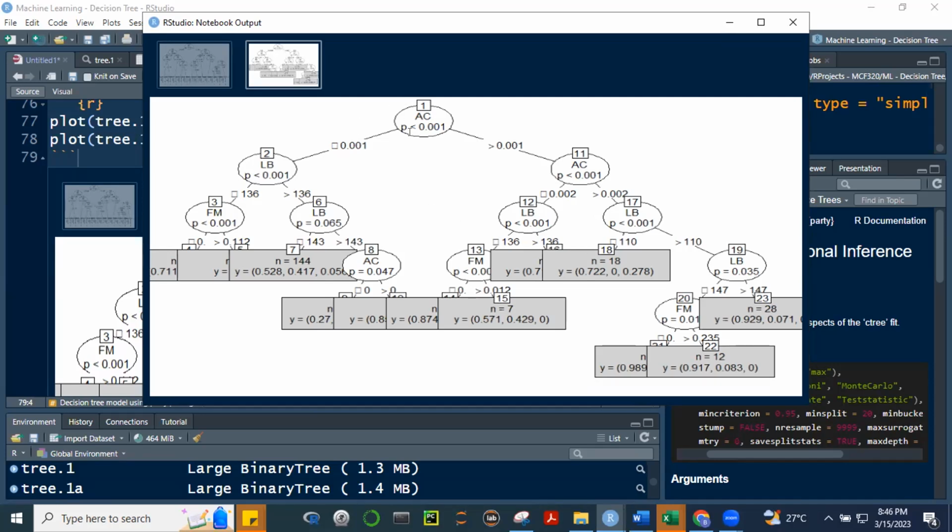So from 1716, if it's less than 0.001 yung AC, may mga papasok dito na observations, di ba? From the 1,700. The rest will go here. Di ba? Okay, so every node here has a number of observations.